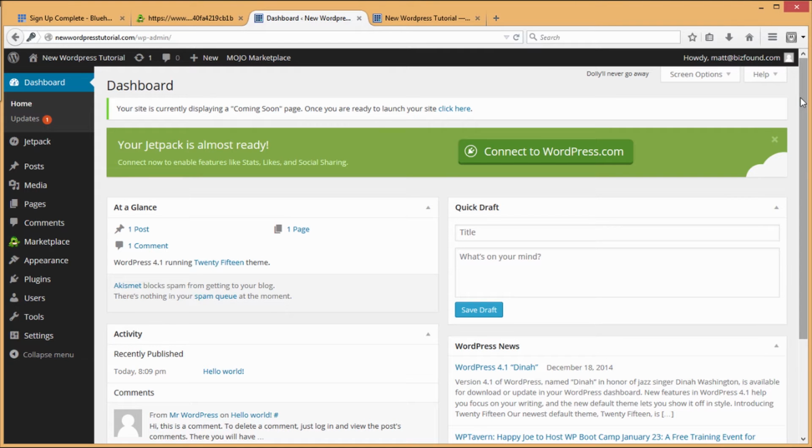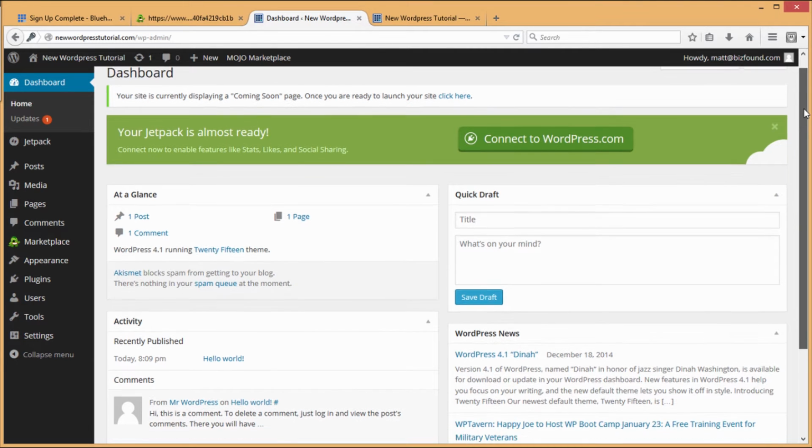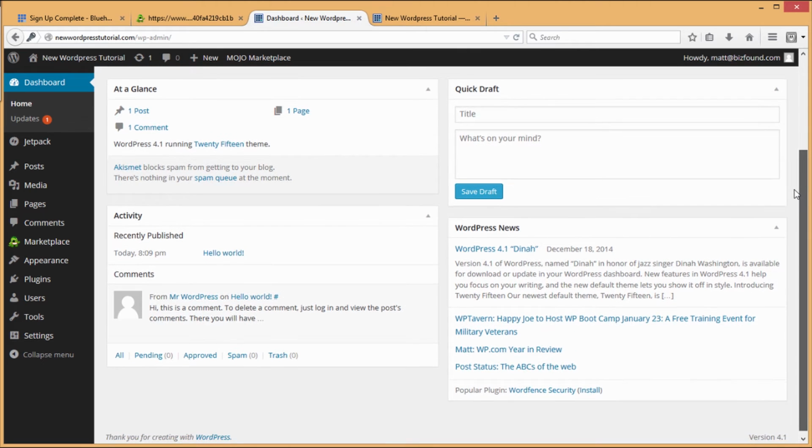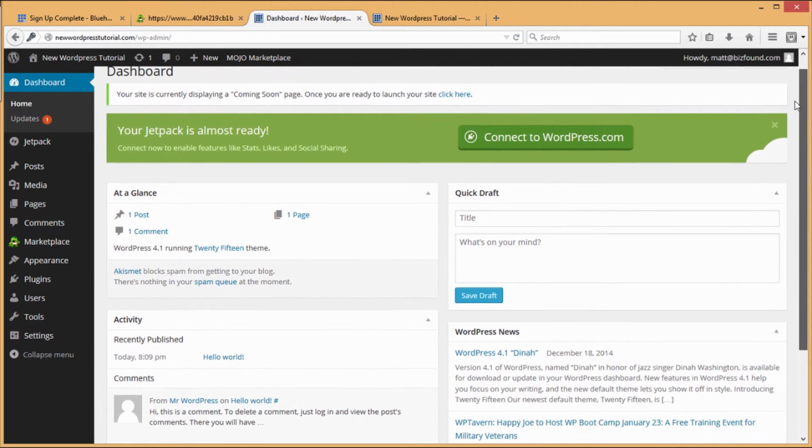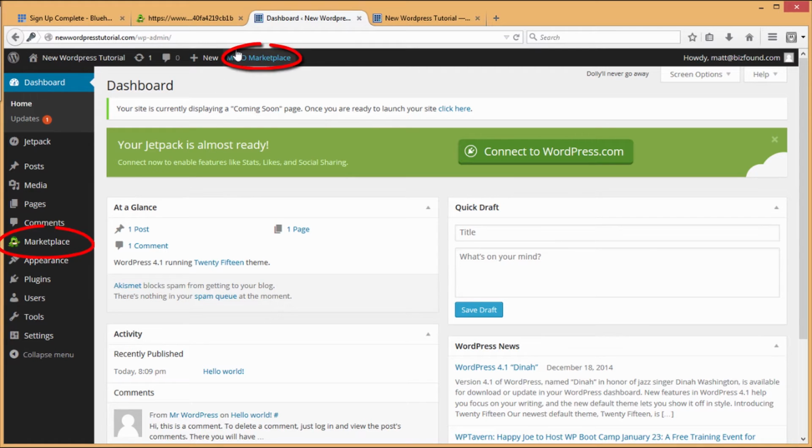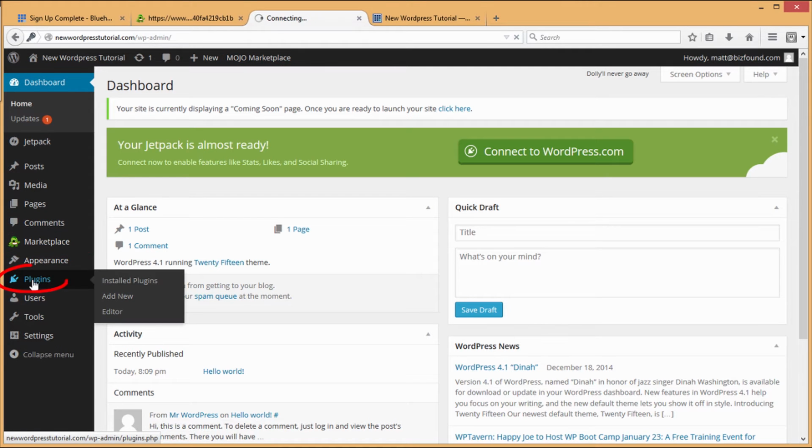So this is where you're going to do all of your customization, adding content, adding blog posts. Everything's done from this dashboard. So there's a few things we want to do right off the bat, and that's mainly just getting rid of some default plugins that Bluehost installs for us. And for instance, this Mojo Marketplace, it's just trying to sell you premium themes. So if we click the plugins button here,